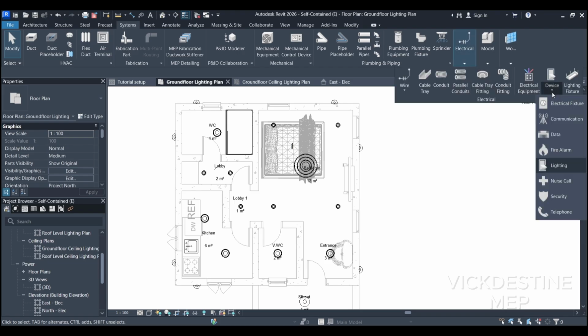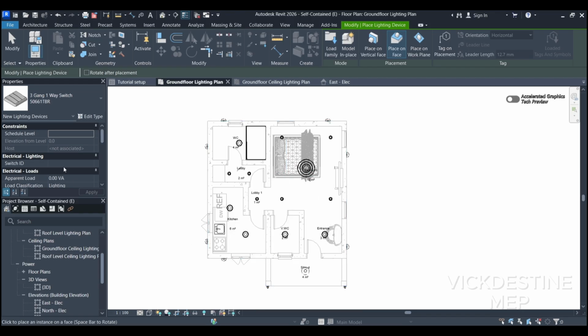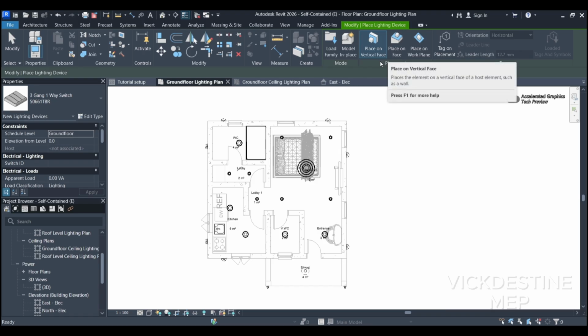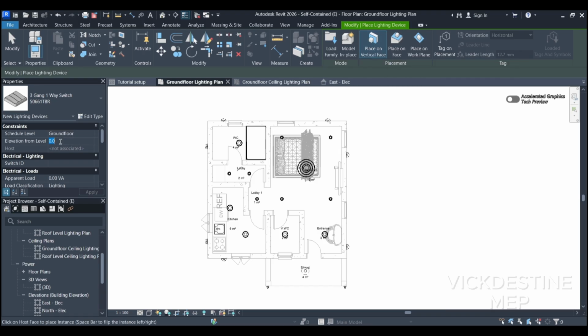Click on the drop down arrow, then your switches are under Lighting. So we click on Lighting. You can see on your properties, this is a 3-gang switch. We want to select the level is on ground floor, and make sure it's vertical. It's no longer on place. Switches are meant to be placed on walls. Make sure it's vertical, and we normally have the elevation from the ground level to be 1.2 meter,